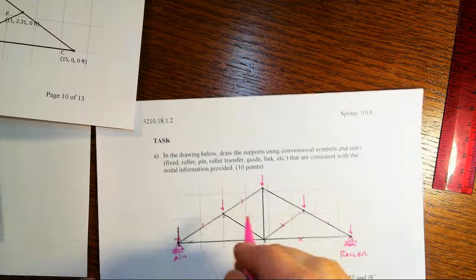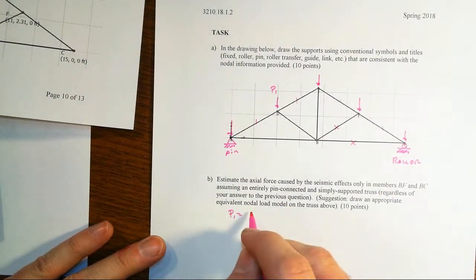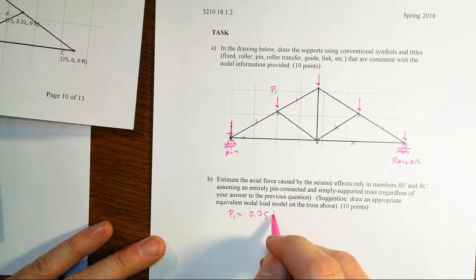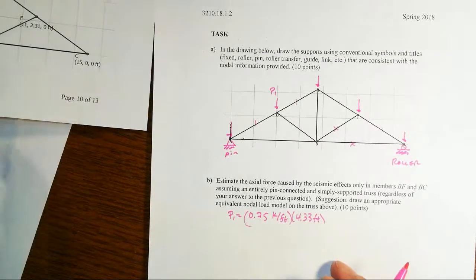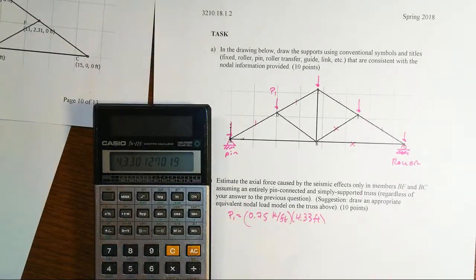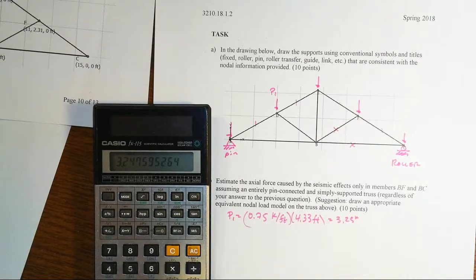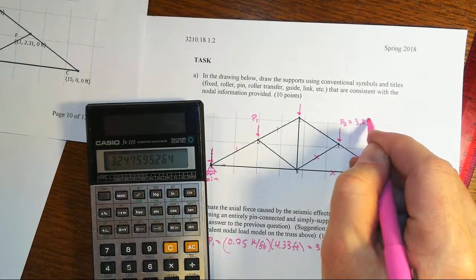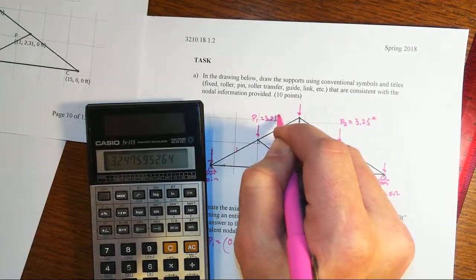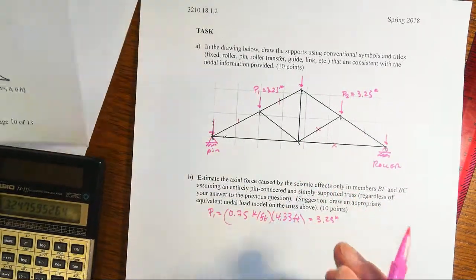So let's call this P1, and P1 then would be equal to 0.75 kips per foot times our 4.33 feet. That equals 3.25 kips. And that's going to be the same by symmetry here on that one. And then the middle one, we're going to have, then that's going to be